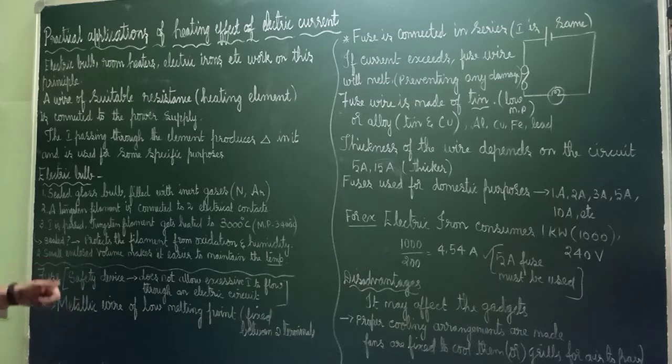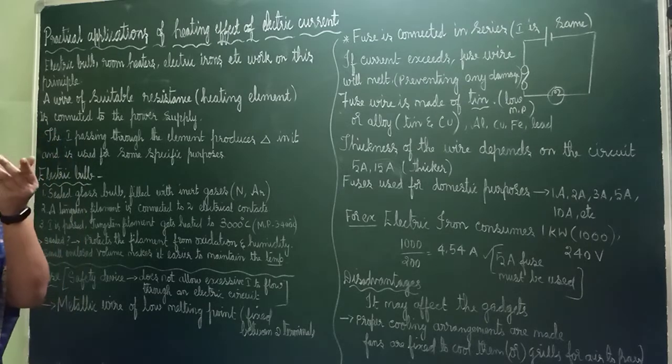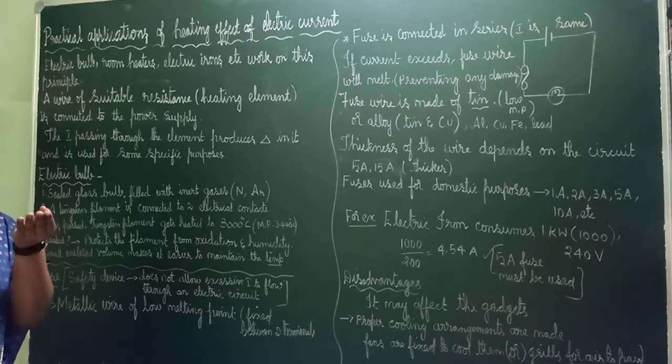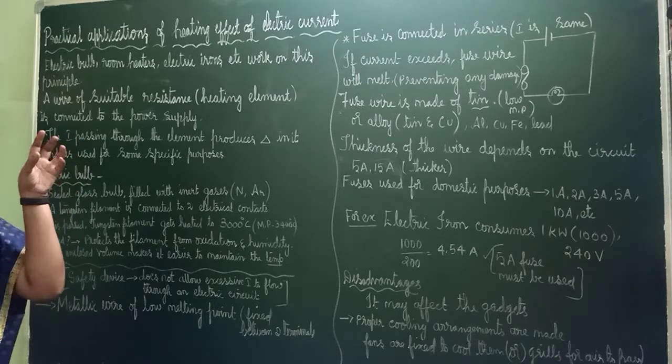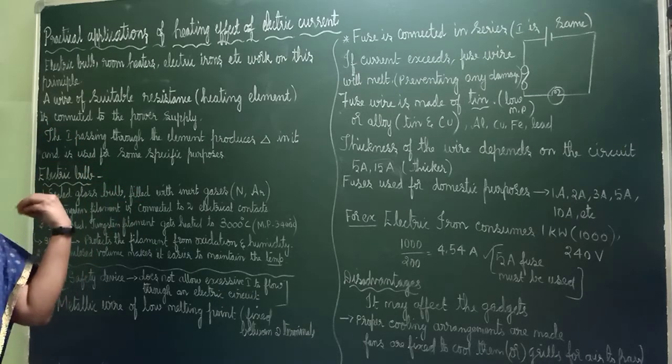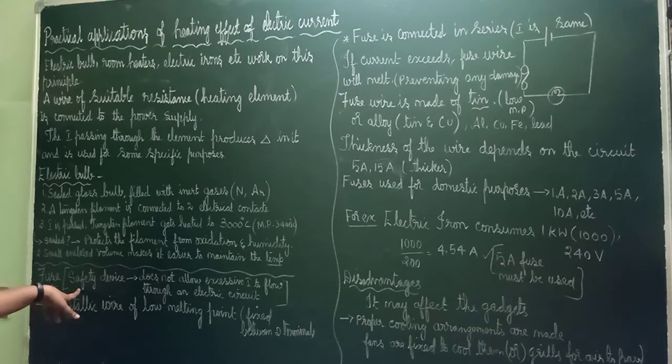Now fuse. You have seen a fuse. In the olden days there was a socket and we used to fix it. It is made up of porcelain, the white-colored substance of which plates are made. The fuse is kept inside the socket and they used to remove it. Inside that, two terminals will be there and in the middle one wire. We'll see what it is. It is a safety device.